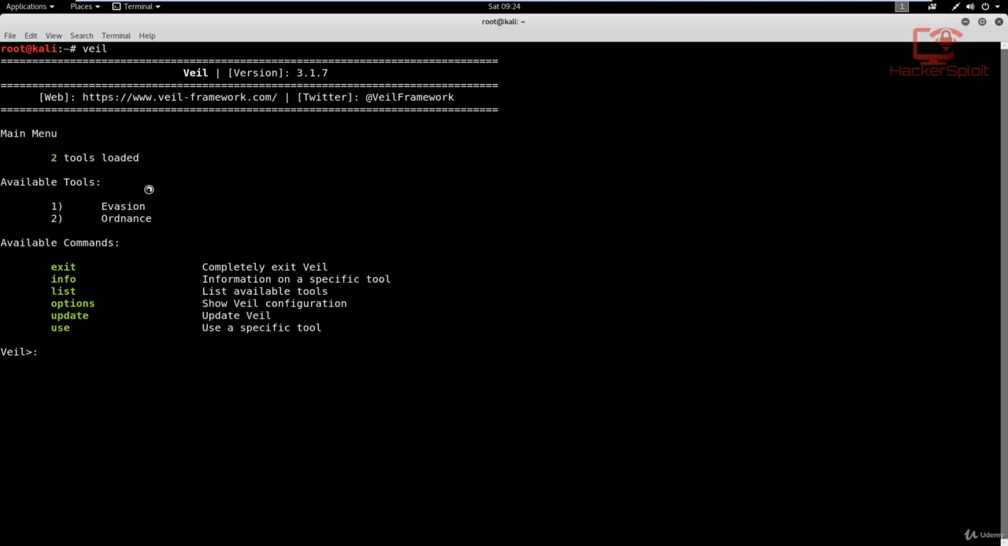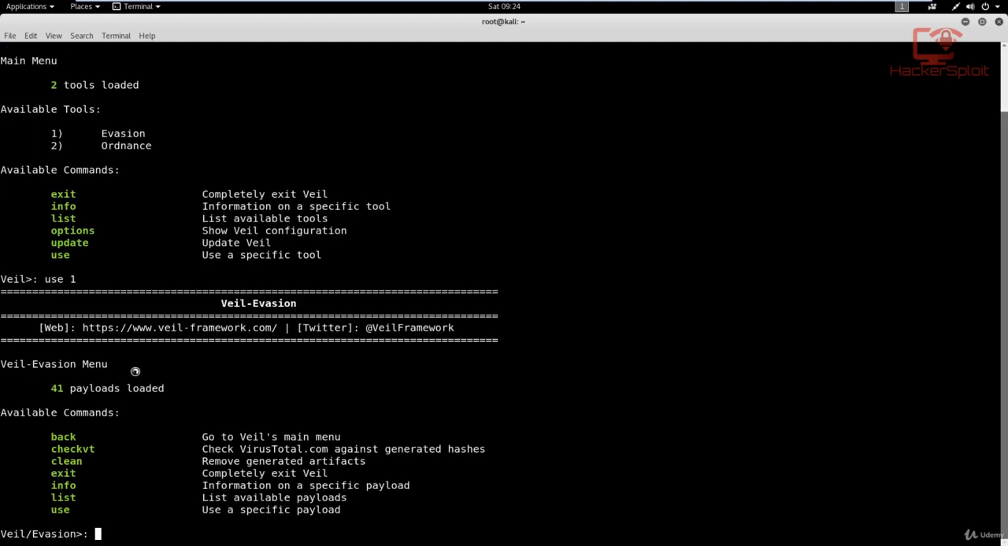So you start it with Veil, as you can see, and now it's going to tell you that you have two tools loaded. You have Veil Evasion and Ordnance. We want to use Veil Evasion, so the syntax is quite simple. It is use, and we're going to select option 1 because we want to use Veil Evasion. So there we are, we're going to say use 1, and now it's going to give us the Veil Evasion